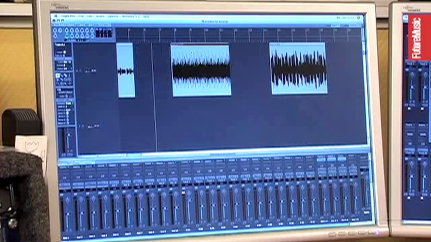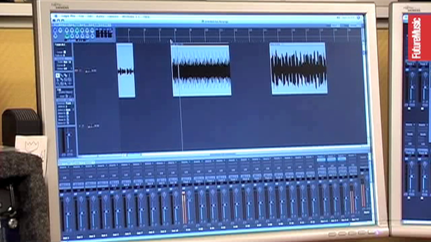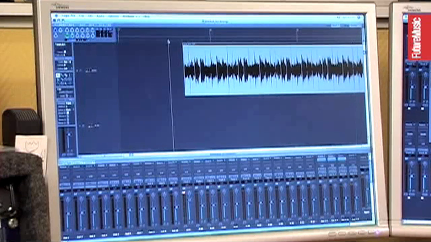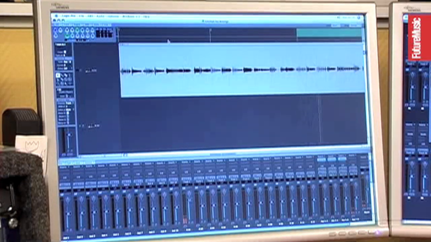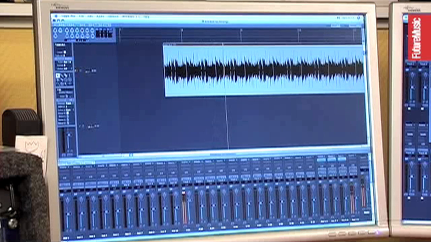So this one, I have no idea what tempo it is, but I found a part here with a kick drum in it. So what I'll do is cut out one bar. Oops, I had a looping point there. 1, 2, 3, 4.